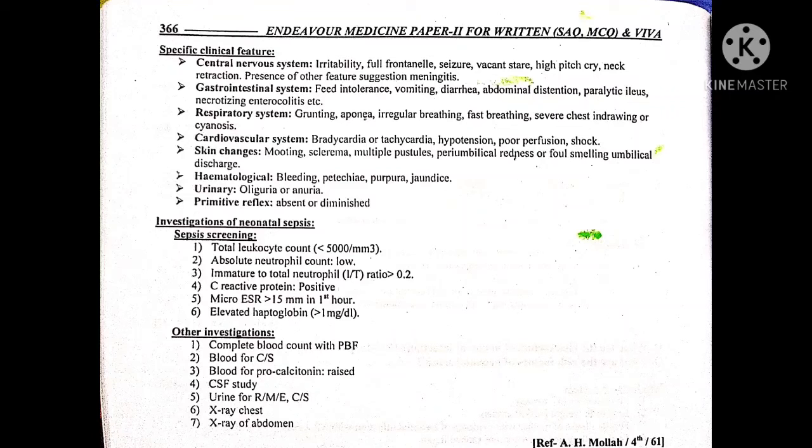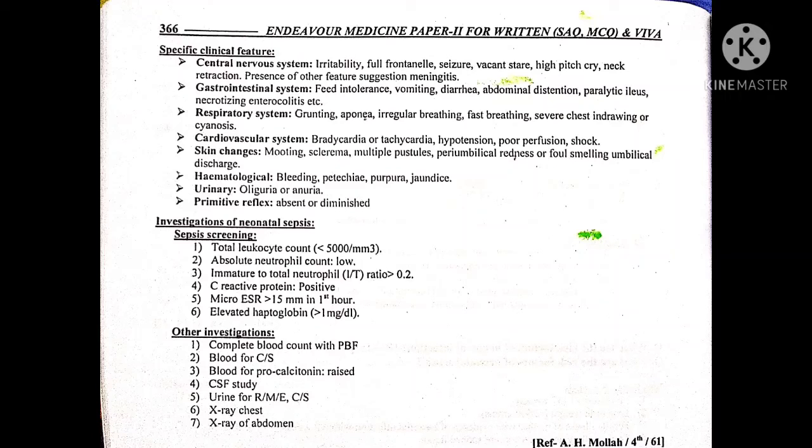He or she may have a full fontanelle, seizure, vacant stare, high-pitched cry, neck retraction, etc. If the gastrointestinal system is affected, then feeding intolerance, vomiting, diarrhea, abdominal distension, paralytic ileus, and necrotizing enterocolitis